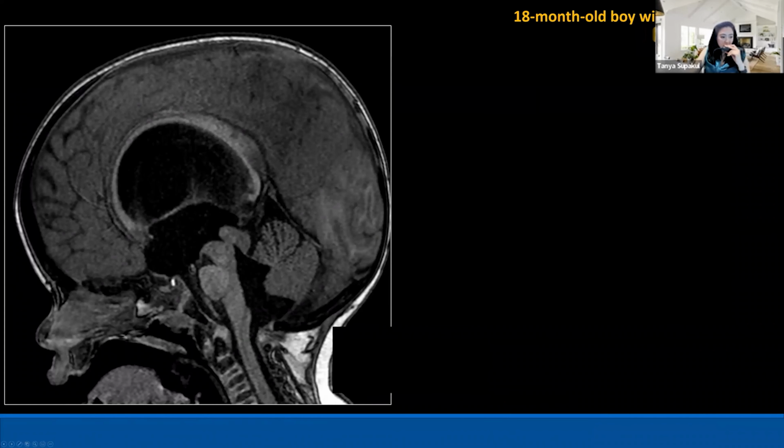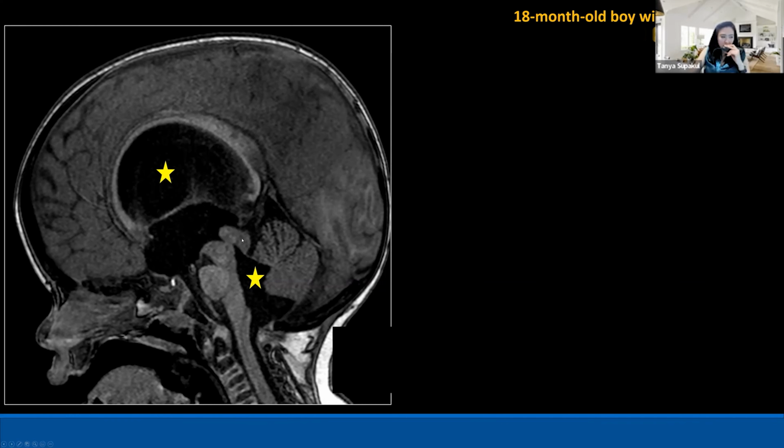So this is another patient, an 18-month-old boy with macrocephaly. First thing that you can see here is a big ventricle, stretching of the corpus callosum. The fourth ventricle looks a little bit big, right? And maybe some CSF space inferiorly. But when you check the midline structures, midbrain, pons, and medulla, probably okay.